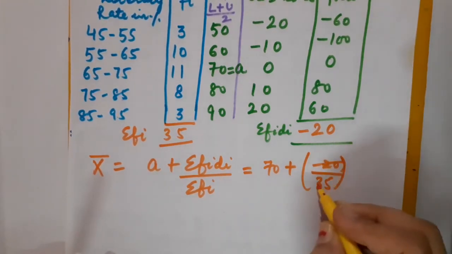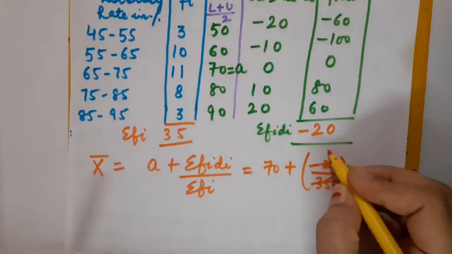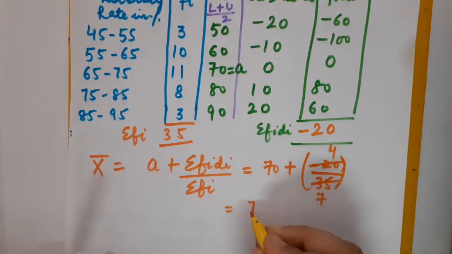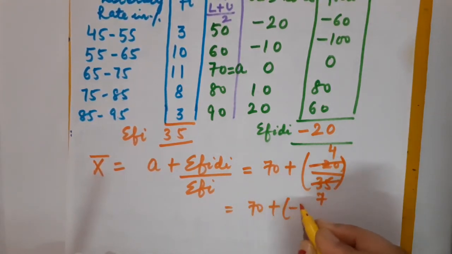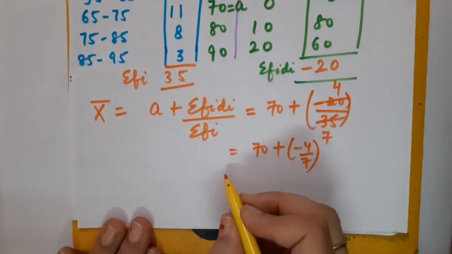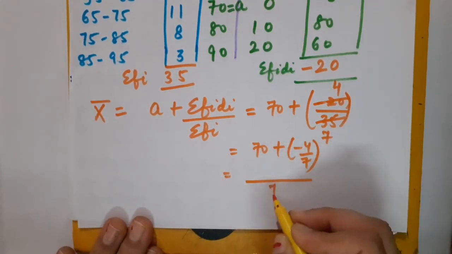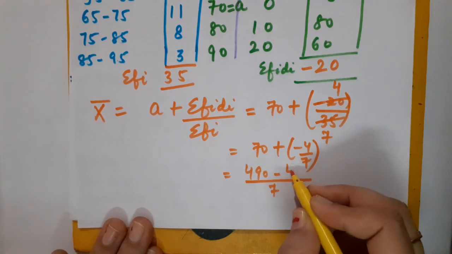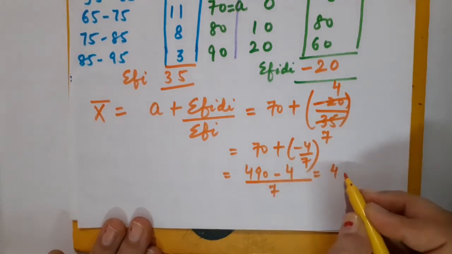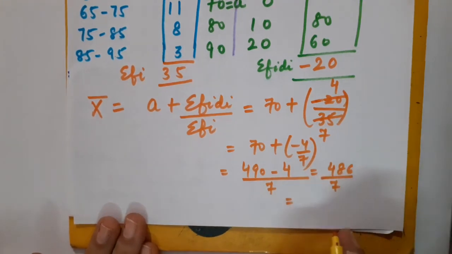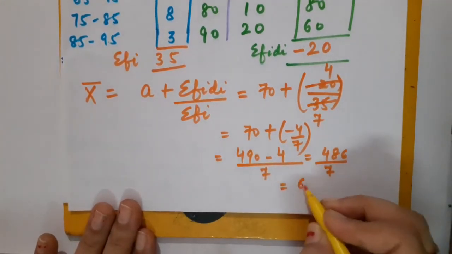Cancel them by the table of 5. This is 4, this is 7. So I have got 70 plus in bracket minus 4 by 7. Either you can divide 4 by 7 or you can take LCM also. LCM will be 7. 490 minus 4. That would become 486 by 7. Or when I divided it, children, I got